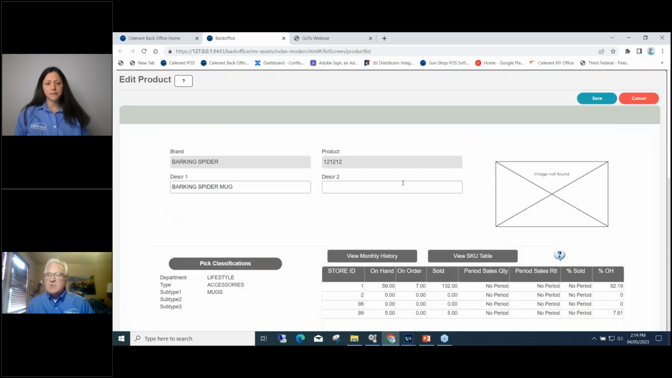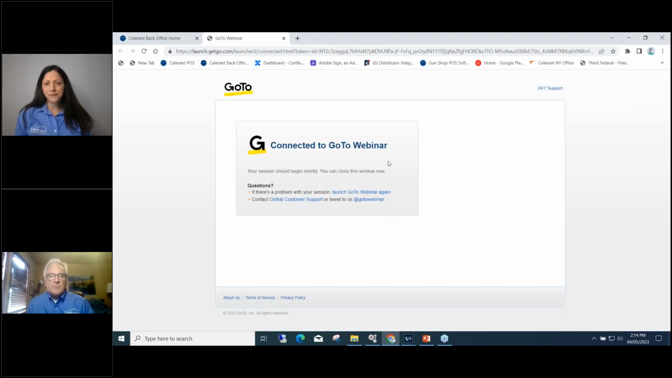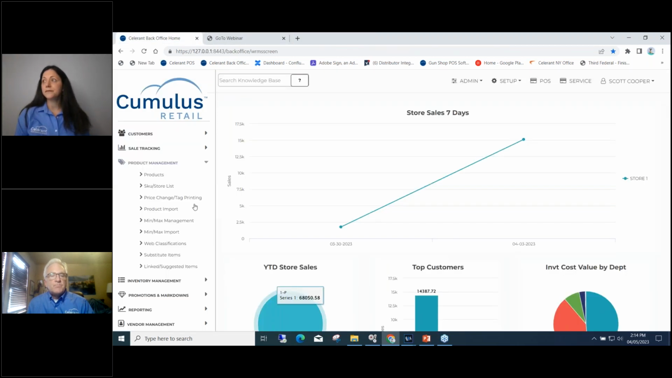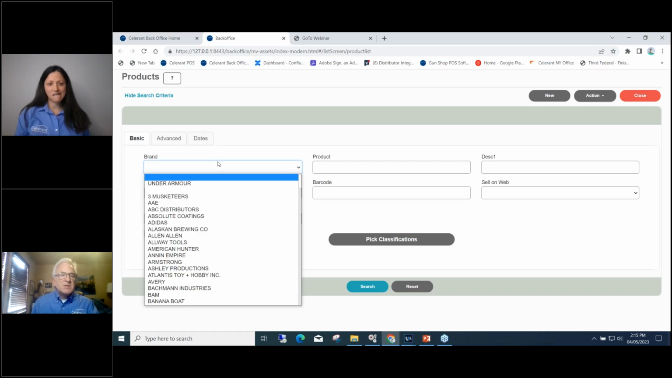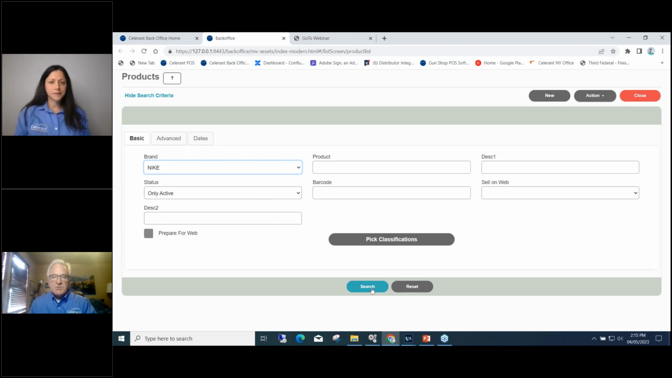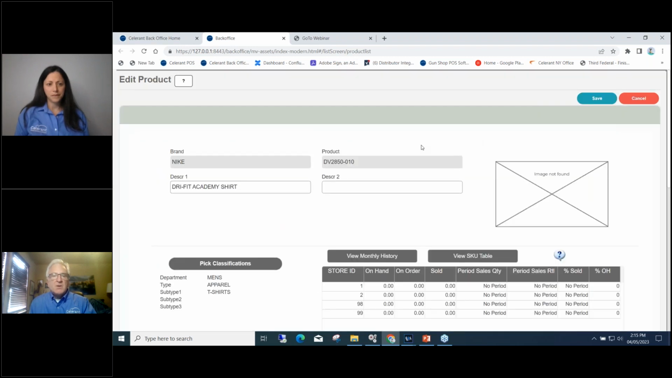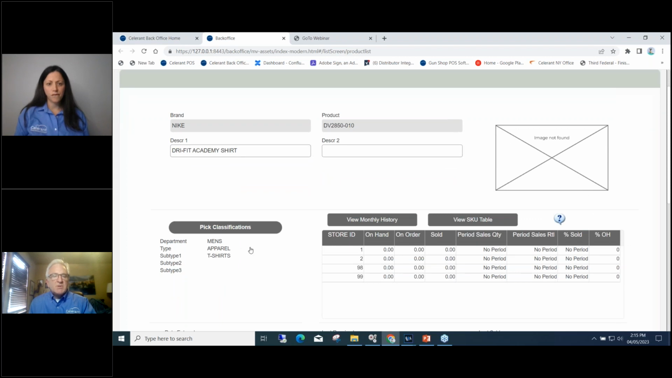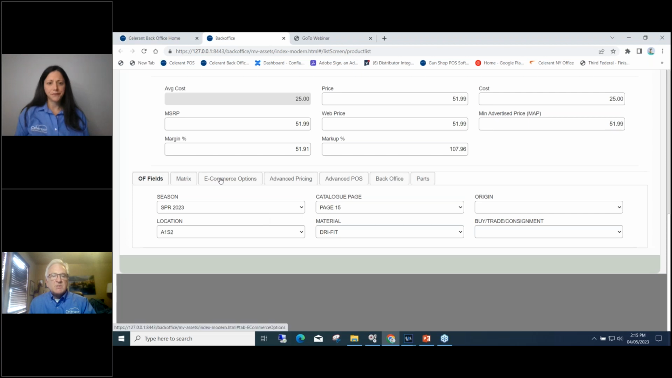So the e-commerce options, let me just find a different item here to show you the e-commerce. Let's search by brand this time. And I'll do a search. And let's take a look at this item here. All right, so we have the brand, the product part number, the description. It's my men's department and the type apparel and then t-shirts. If I scroll down here now to the e-commerce options,